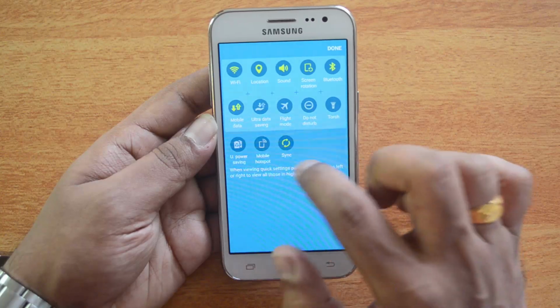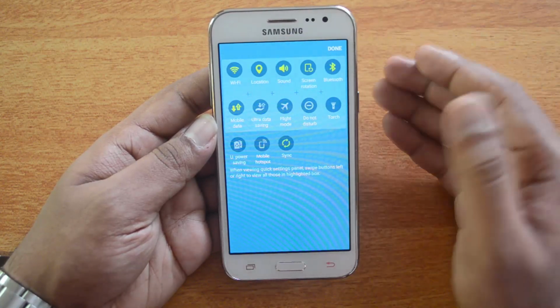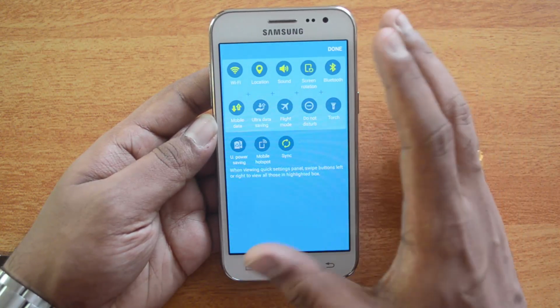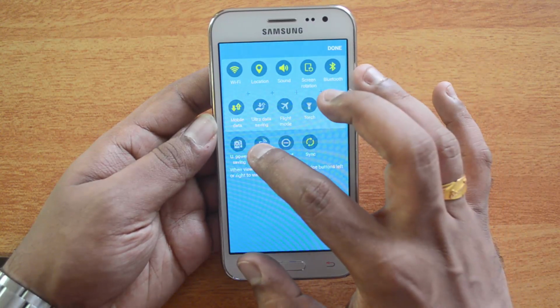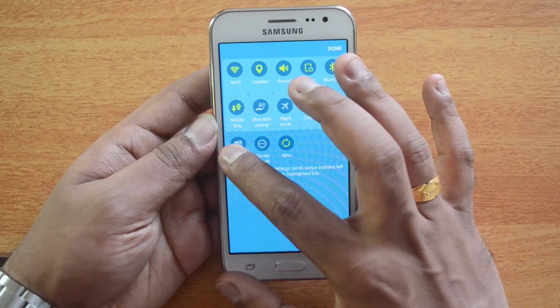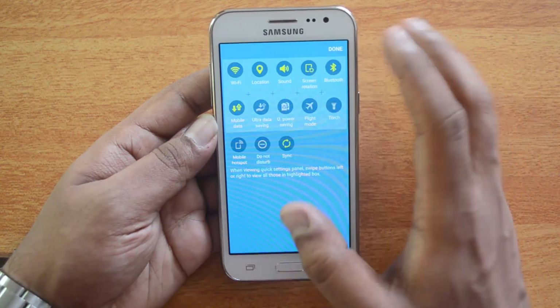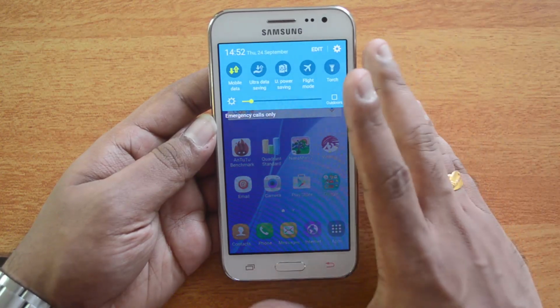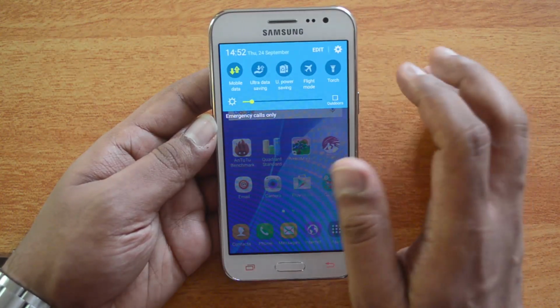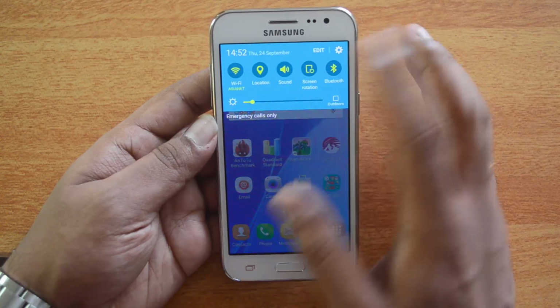Now there are additionally 3 toggles also included. If you don't want any of the 10 toggles which are right now available, you can just drag and change them. You can right now change it to some other toggle. Just drag and drop these toggles and you can rearrange them. Once you're done, you can just click this done button and you will have these new toggles here. So these are the options to customize the toggles.